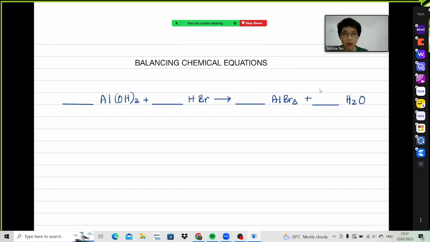In this video, we're going to focus on balancing chemical equations. The basic idea about balancing chemical equations is based on the conservation of matter. And what does that mean? That means the reactants that you have before the reaction happens must always be conserved as whatever you have at the end of